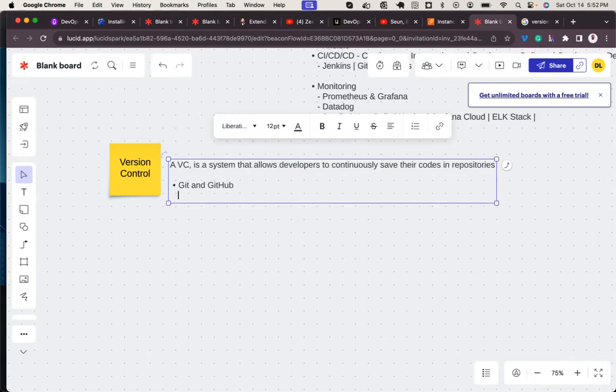Let me put it properly. Git is a default CLI tool, a CLI utility for managing other version control systems. I will explain.